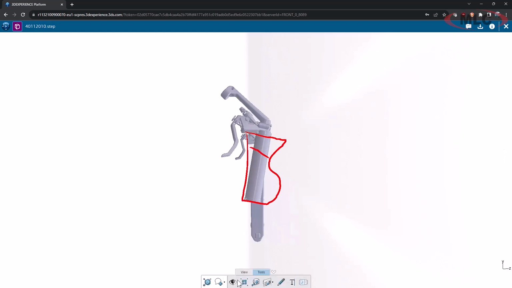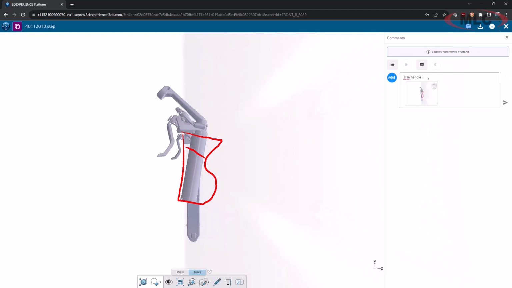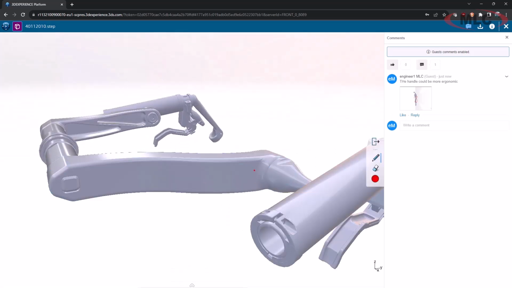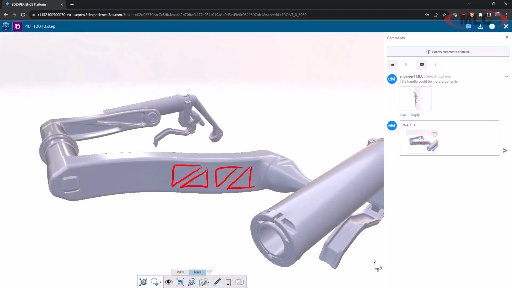Maybe someone realizes that we could make a more ergonomic design for this handle right off the bat. Or someone's keeping in mind the performance of this vehicle and sees an opportunity to shed some weight. It's easy for anyone to share their ideas like this back and forth as we all have visibility on each